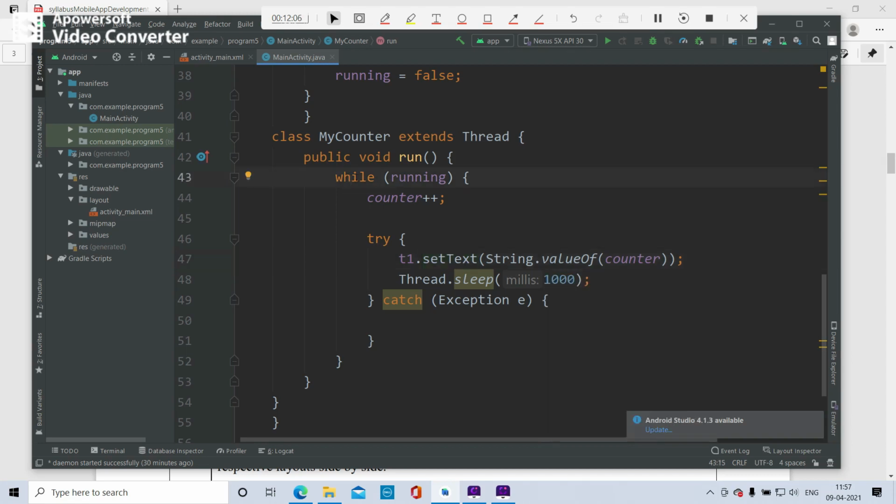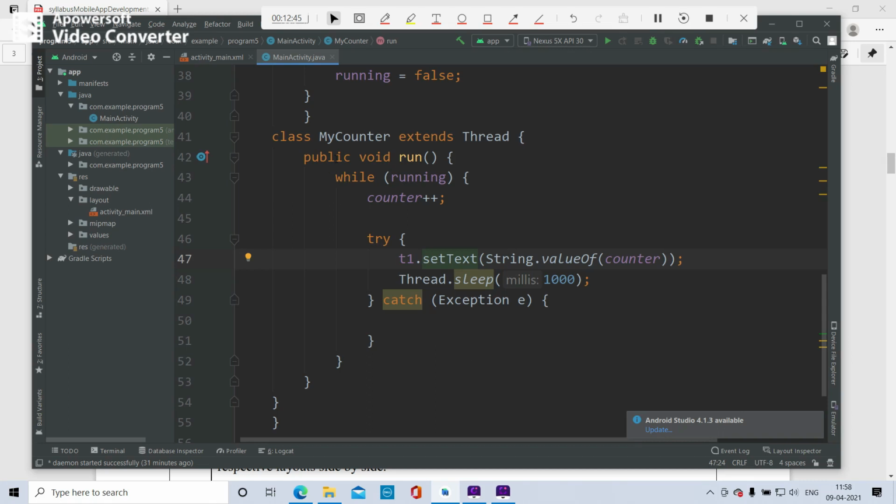See, inside the run method of the counter, we are using a while running loop to keep the counter in incrementing mode, and we make the text box display the value of counter, and then Thread.sleep for 1 second, and next once again it goes to the loop, the counter increments and the counter sleeps, and then the counter increments, the counter sleeps, like that.